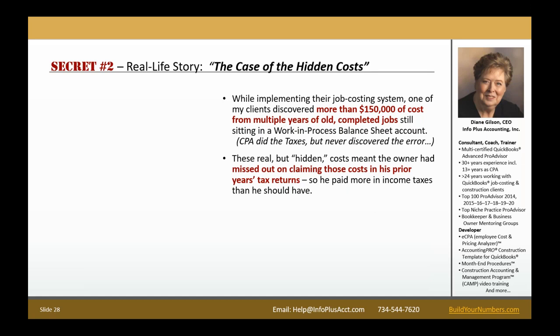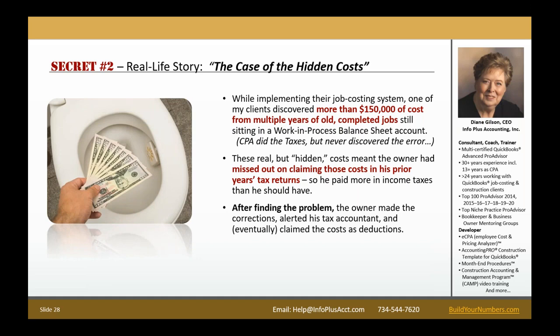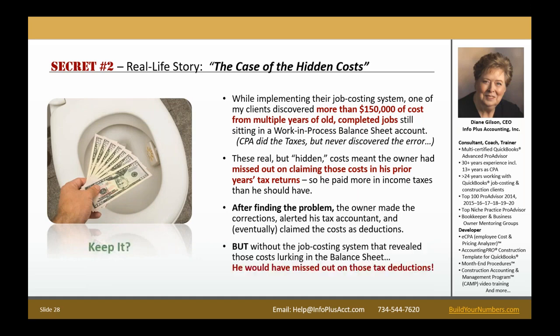It meant the owner had missed out on claiming those costs in his prior years' tax returns, so he paid more in income taxes than he should have. After finding the problem, the owner made the corrections, alerted his tax accountant, and eventually claimed the costs as deductions. But without the job costing system that revealed those costs lurking in the balance sheet, he would have missed out on those tax